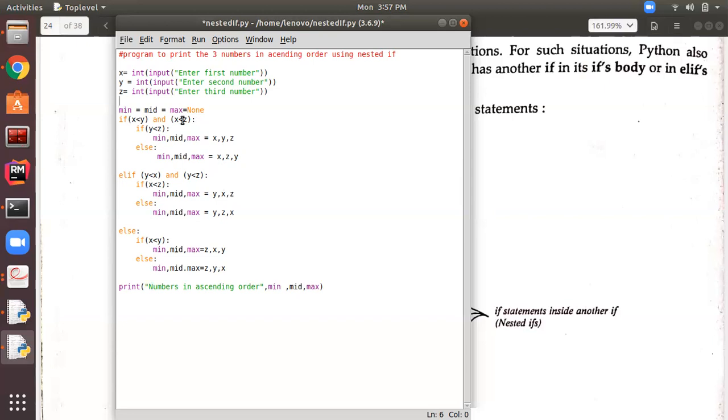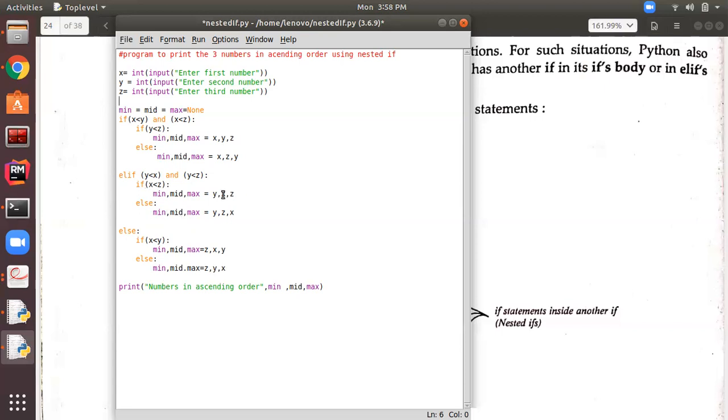So as you can see, we are using the nested if in various ways here. In the first part, the nested if is part of the if statement. In the second statement, the nested if is part of the else if statement, and in the third statement, the nested if is part of the else statement. So based on our requirement, we can use the nested if in the body of any type of if structure, either in the if, the else if part, or the else part of the if statement.